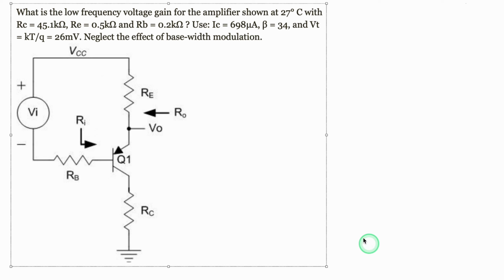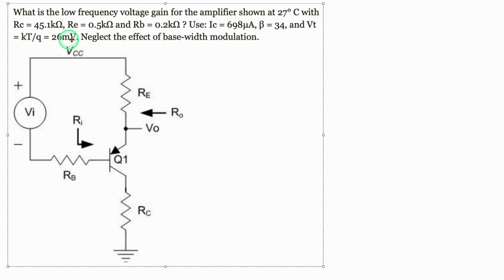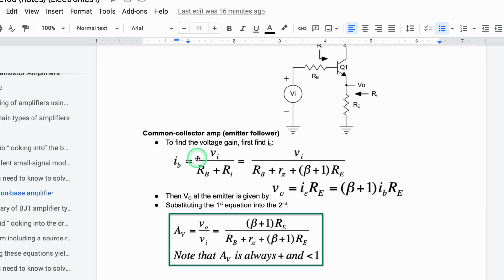Here, we're asked what is the low frequency voltage gain for the amplifier shown. We're given some more information, but we're going to talk about how to solve this generally and then how to solve this specific problem, like always. So we have this problem here, and if we look at the notes linked below the like button